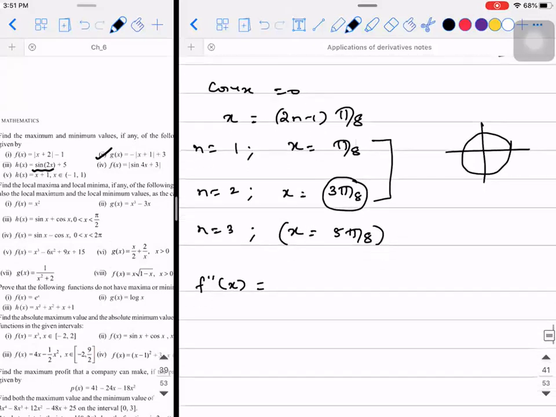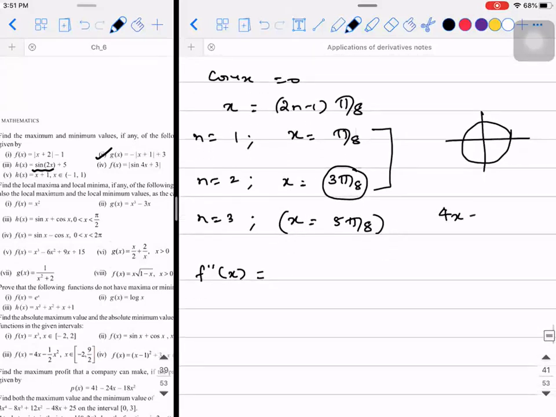So instead of doing like this, what you can do is look at it like this itself: 4x will be equal to pi by 2, and 4x will be equal to 3 pi by 2. The cycle is going to get repeated, not for x. Had the question been 16x, how many times would you do it? The more the denominator decreases, the more factors you will have. So for f double dash of x, you can take these two alone.